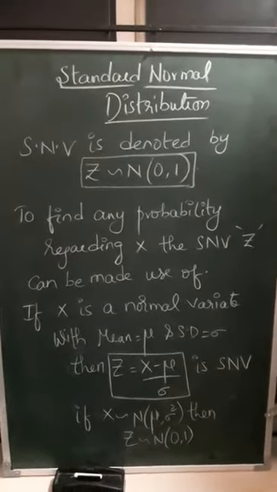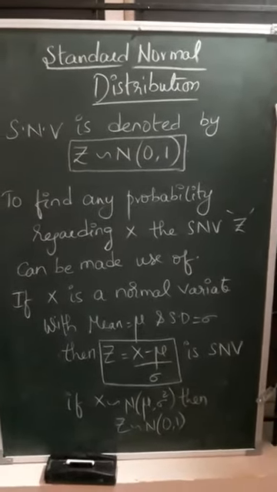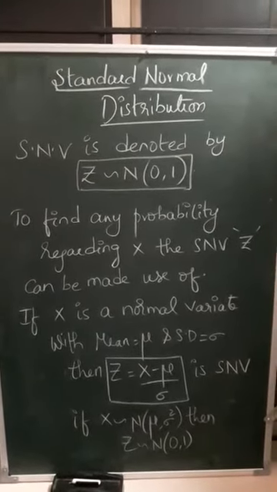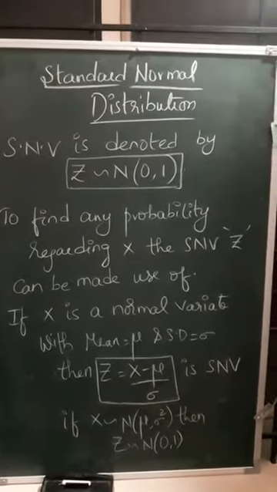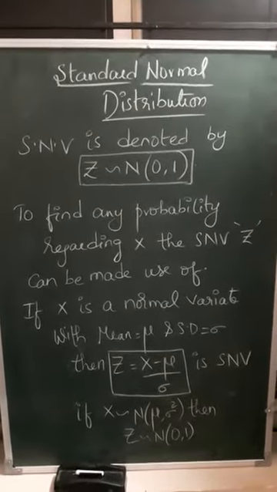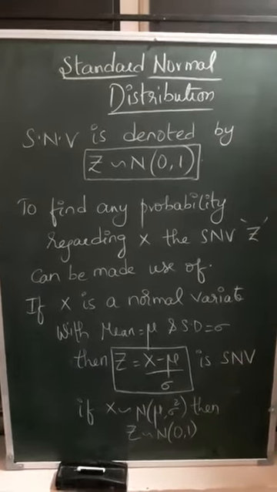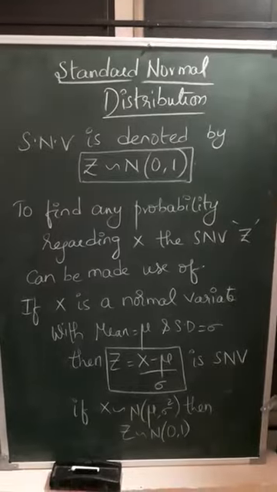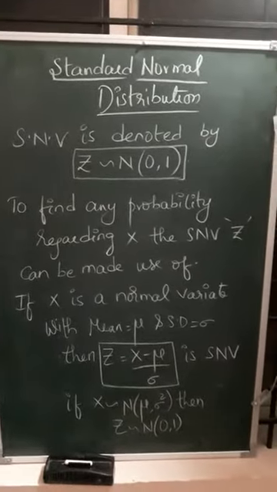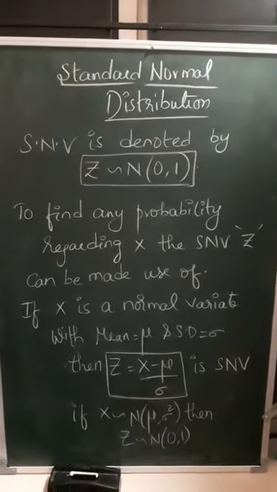I told you already not to be scared just by seeing the PDF of the normal. This is the main formula, which is very simple. x minus mu by sigma follows the standard normal variate. That means z follows N(0,1), where mean mu is 0 and standard deviation is 1. Then we say it is a standard normal distribution or variate. Fine. Shall we look into the main concept now? By using this formula, I am going to show you how to draw the normal curves using the standard normal variate form. Clear? Please note down.